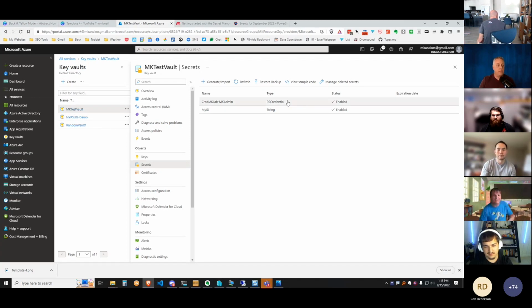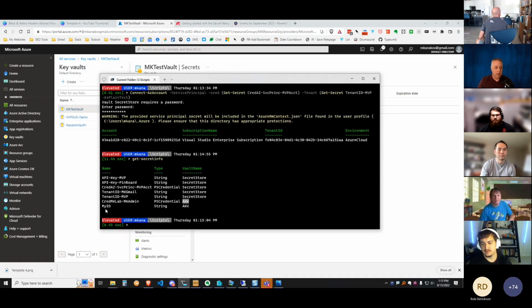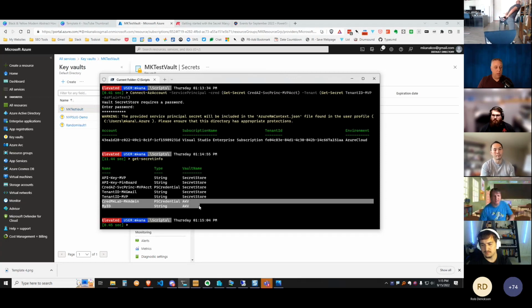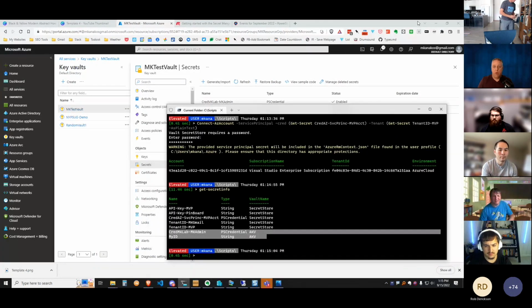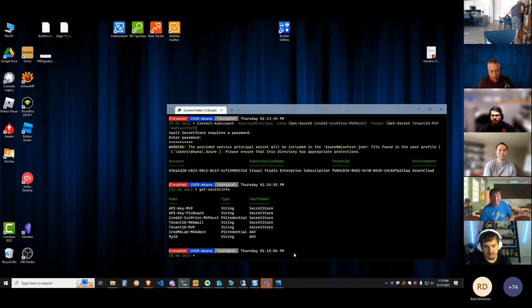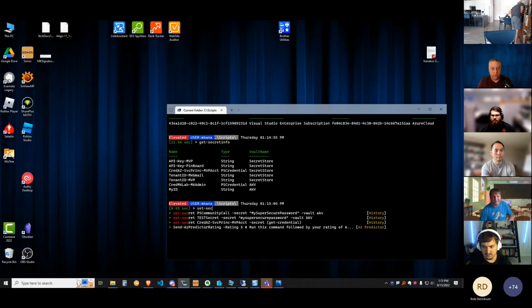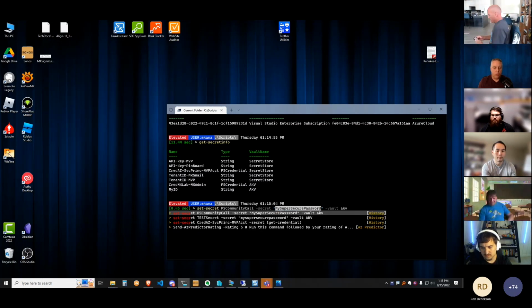Let's try this again. So this is my Azure tenant, and I have a test vault out here. And so you can see here, I have 2 secrets called cred mklab and my ID. And so those are those secrets right there. And so if I wanted to, I could easily create another secret. It's just a simple set secret. And today I'm going to do a secret called PS community call. And I'm just going to create a simple secret called this text phrase. And so you can do more complex things like credentials, like a PS credential, like I have here, or you could just do a simple text one. I'm going to do the simple one for today.